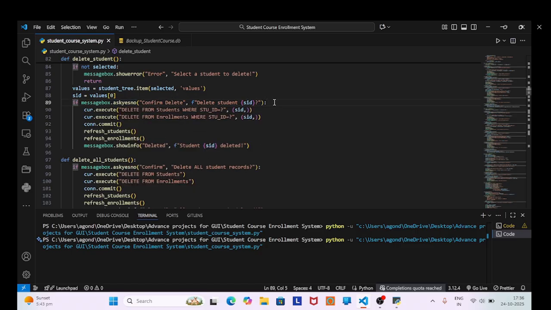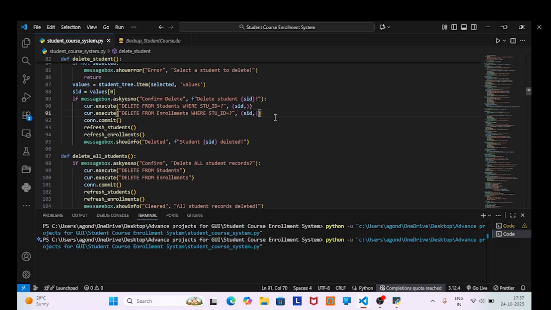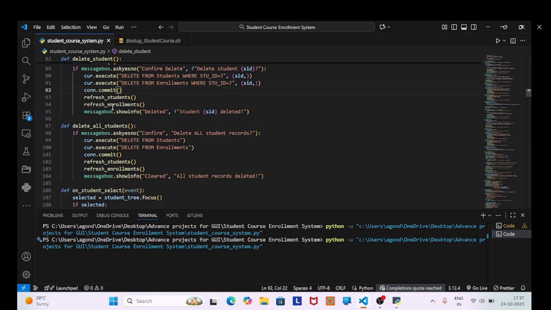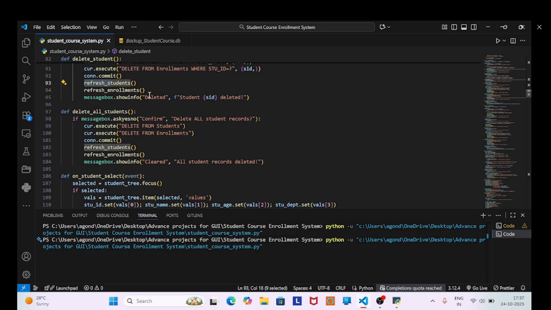If the user has confirmed it, then it will delete that particular part, that you can see, confirm delete and delete student with the ID that we have fetched, and then it will delete all of its data where the student and enrollment part of that particular person is. Then it will commit, and we will again call the basic functions that we have defined for them,